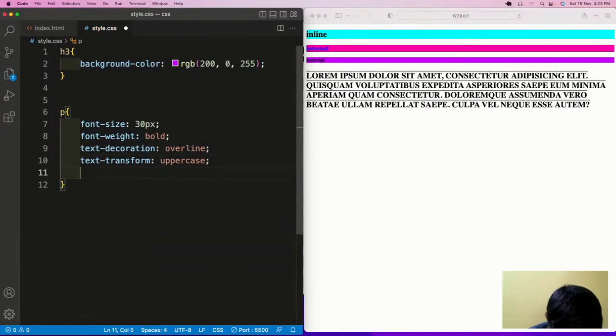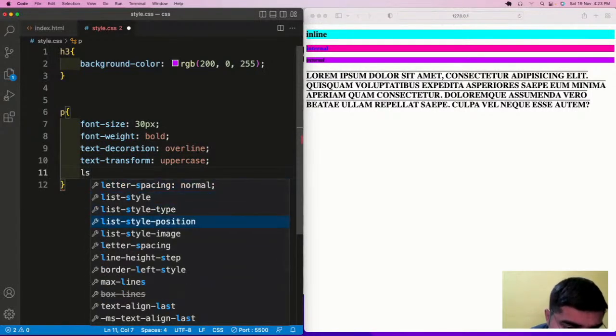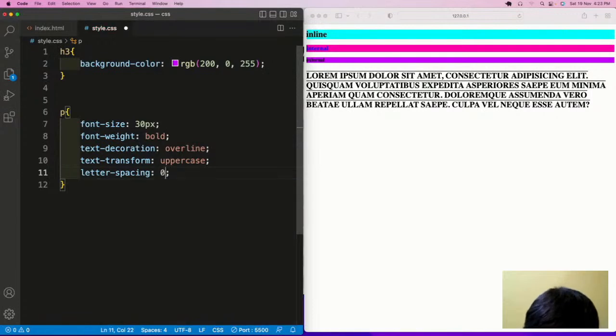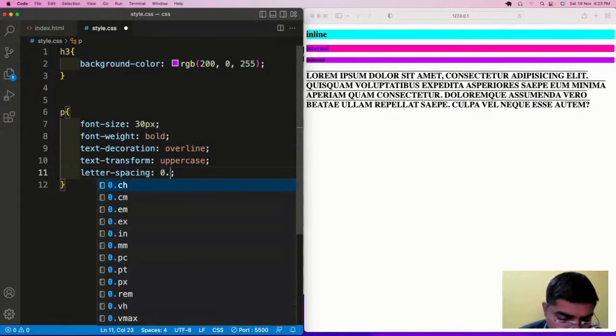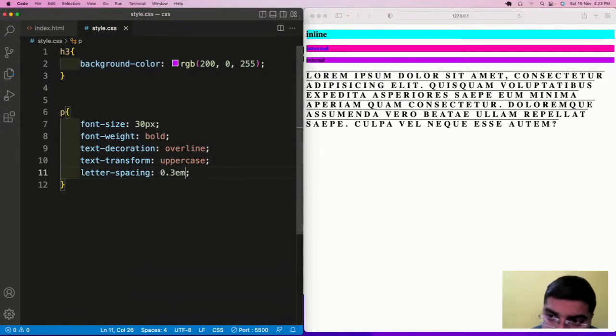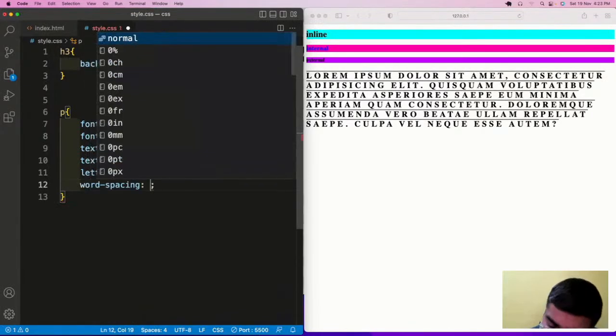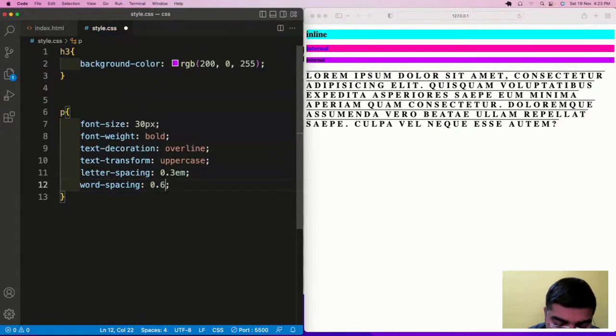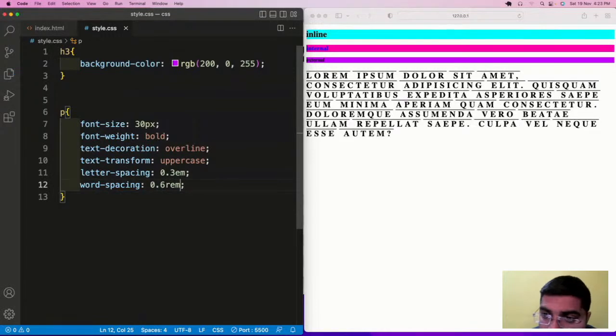And what else can we add? We can have letter spacing of 0.3 em, and also word spacing of 0.6 rem.